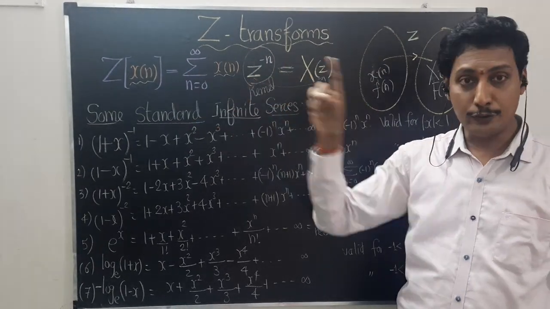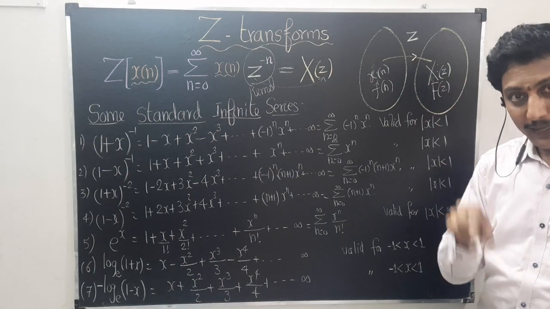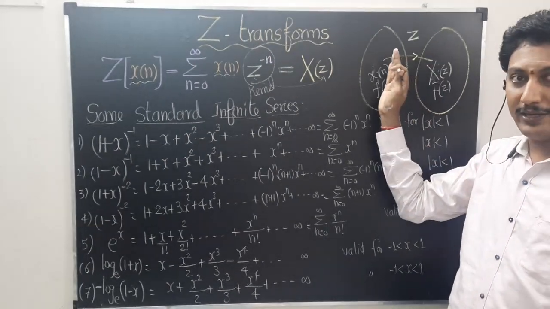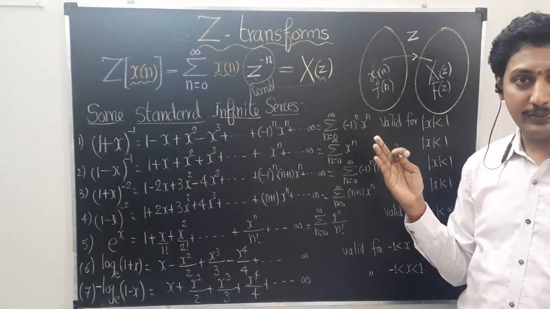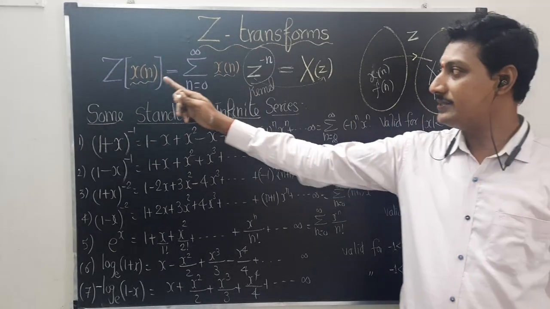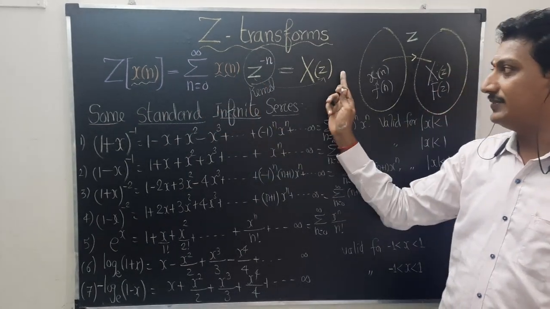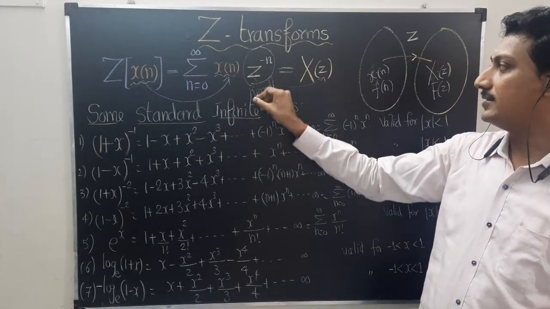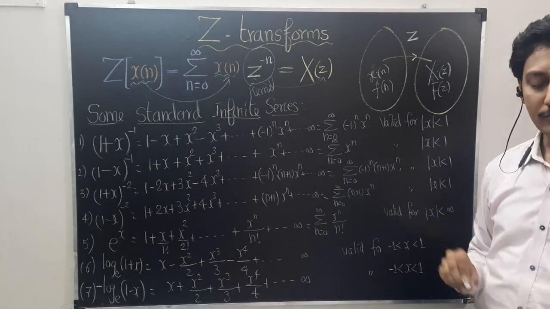So this is another huge difference, similar to the Laplace transform and the Fourier transforms. The inputs are in some kind of variable, but the outcome is in a different variable. Right? So the input is x of n, a sequence, and the outcome is x of z, that is the z.